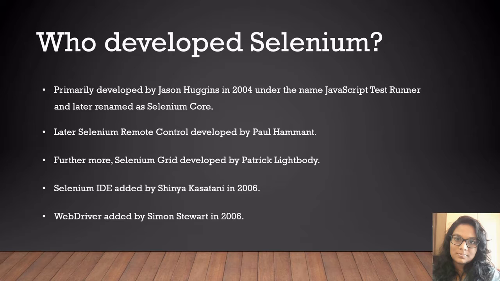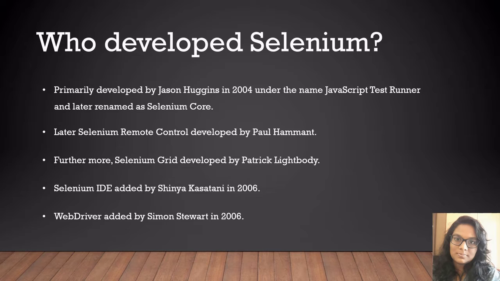Who developed Selenium? Since Selenium is a collection of different tools, it has different developers. Primarily, Selenium was created by Jason Huggins in 2004. He was working on a web application that required frequent testing. Having realized that the repetitious manual testing of the application was becoming more and more inefficient, he created a JavaScript program that would automatically control the browser's actions. He named this program the JavaScript Runner. Seeing potential in this idea to help automate other web applications, he made JavaScript Runner open source, which was later